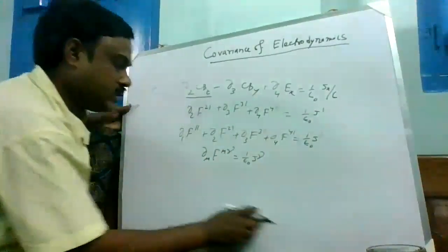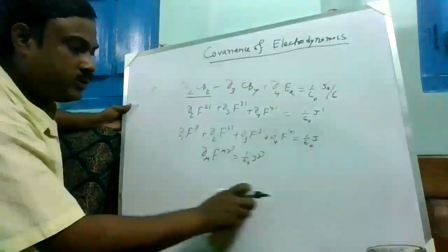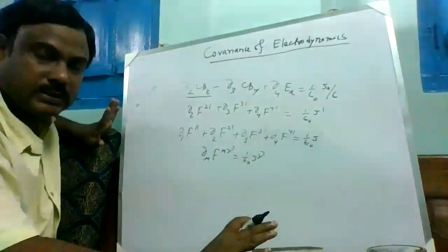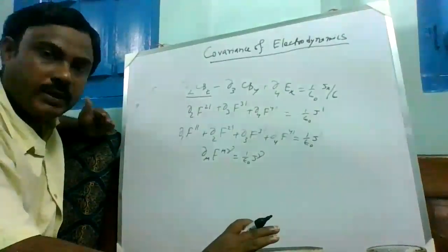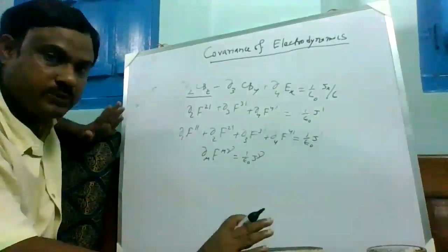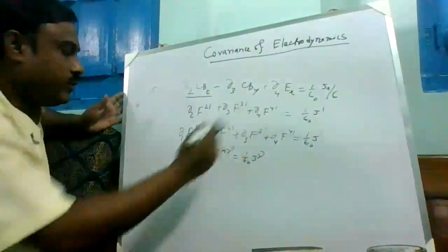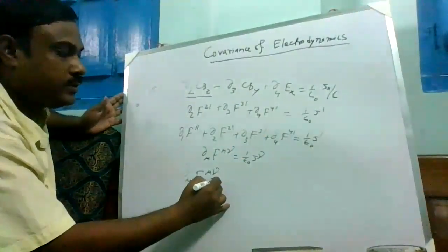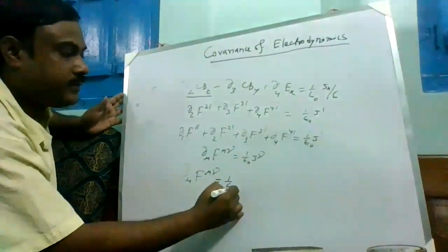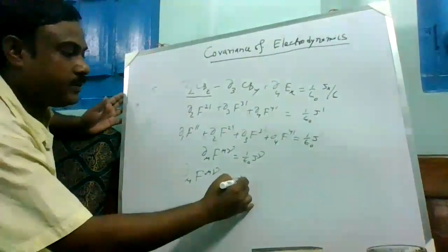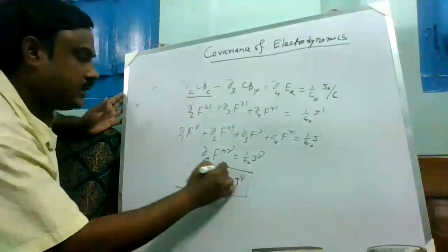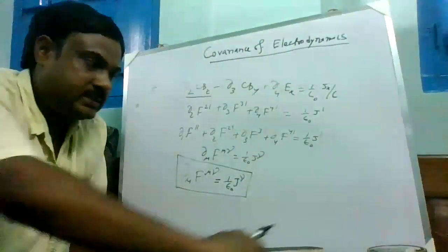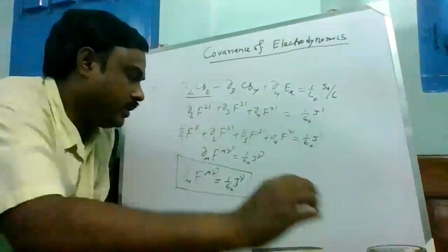So all these equations, the two inhomogeneous equations, which are basically four equations, because the second equation is in vector form, so it consists of three equations. These four equations can be written as del mu F mu nu equals 1 by epsilon 0 J nu. So Maxwell's inhomogeneous two equations, which are basically four equations, can be written in tensorial form like this.